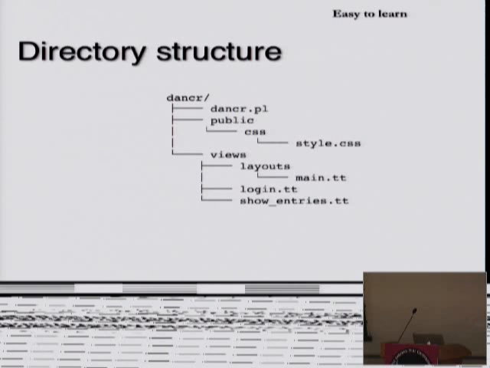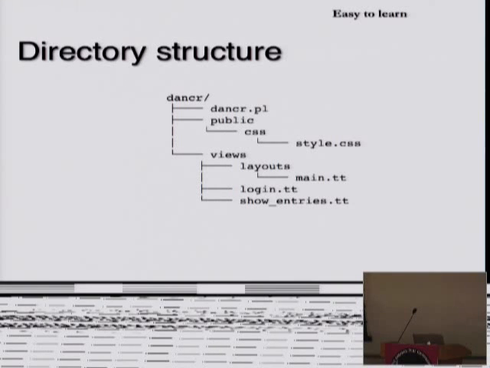You may have additional things in here like jQuery or other JavaScript libraries that you want to include in your app. Those all go here underneath the public, and then you have this views folder, and this is where you actually end up putting all of your templates. So all the templates would go under views, and then this can be all the templates here. You see the show entries. We've got login, which we haven't covered yet, but we will.